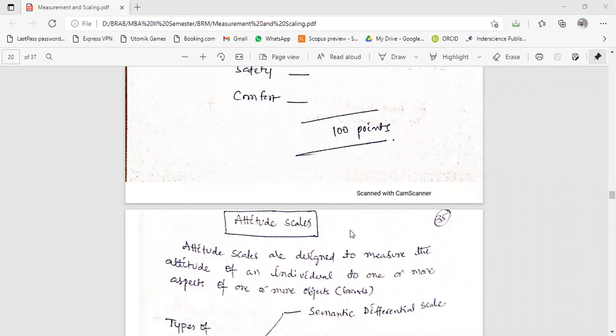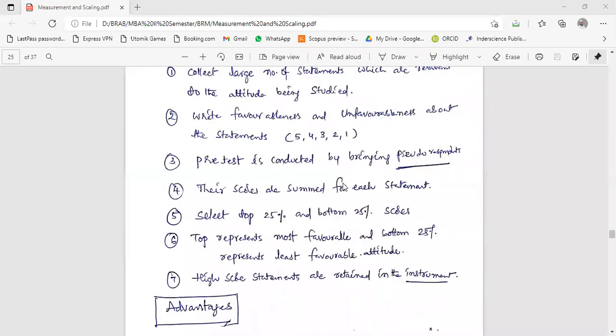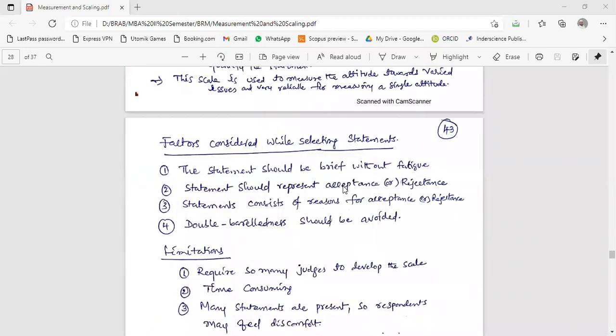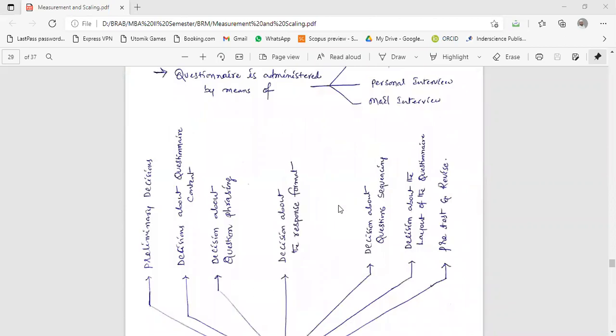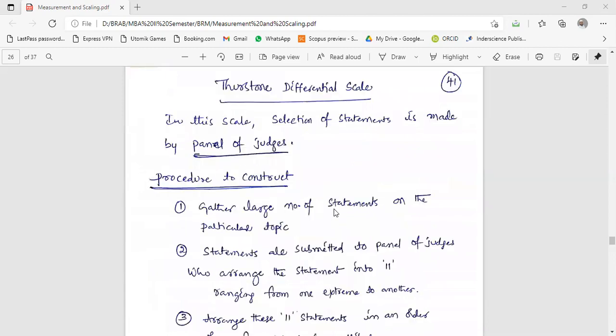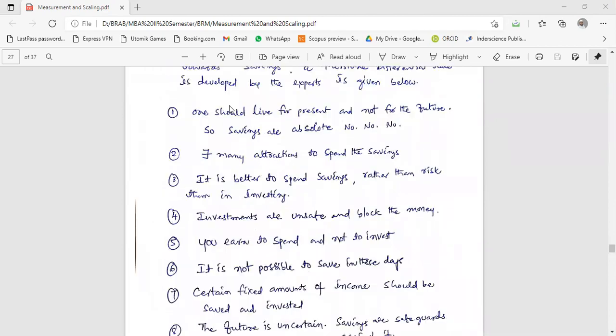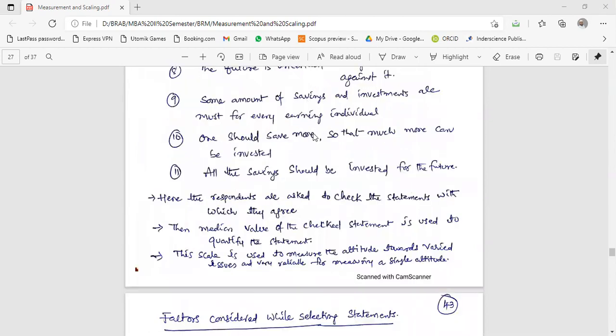So the important one in today's topic is what we have discussed about the Thurstone scale. Here we provide a minimum of 20 to 30 statements to the panel of experts, and based on the scores, we will select only 11 statements. It is a cumbersome process, but it will give a wide range of options to the respondents, so that they can pick the best one. So it is up to them which item they select. Here 11 statements will be there, and they have to select at least one.